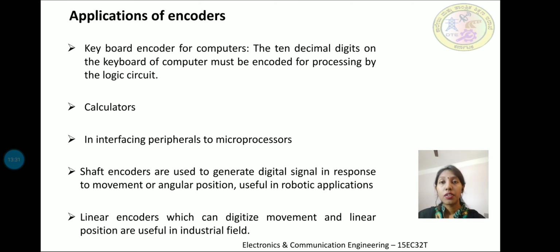So priority encoders are mainly used in applications where the number of lines or wires needs to be reduced in a circuit, or applications which have multiple inputs, such as in keyboards. One more application of the encoder is in calculators. Similar to computers, in calculators the digits are converted into codes so that they can be processed by the calculator's internal circuit.